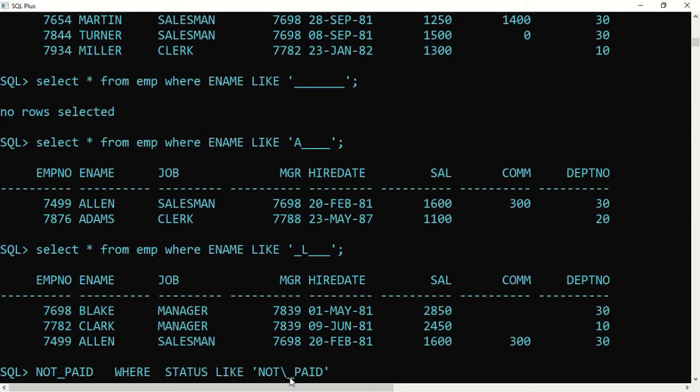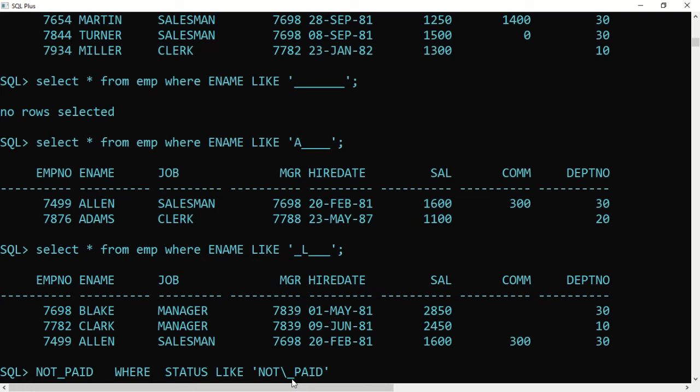Don't think that it is a wildcard character. But still, when you say like and slash, the computer will try to search for the slash itself, and it will also treat the underscore as a wildcard.